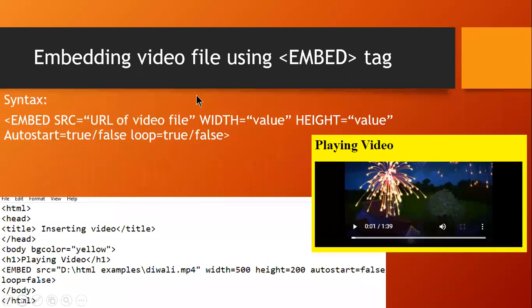Now how to embed video file using embed tag? See the syntax: embed, then src is equal to URL of video file, width is equal to value, height is equal to value, auto start is equal to true or false, and loop is equal to true or false. So this is quite similar to that